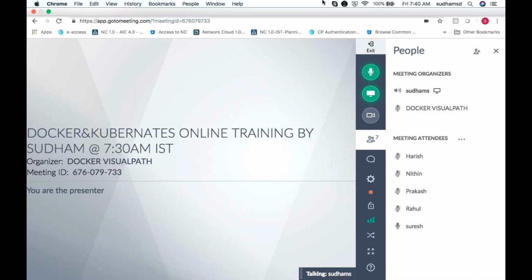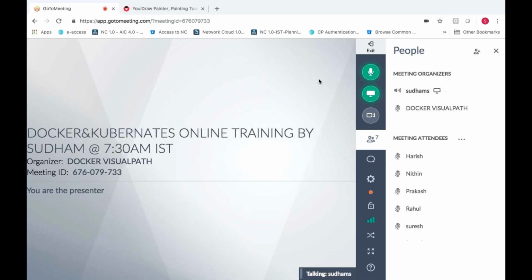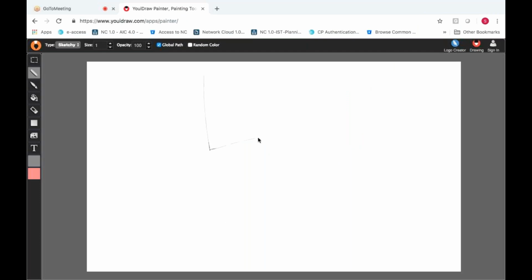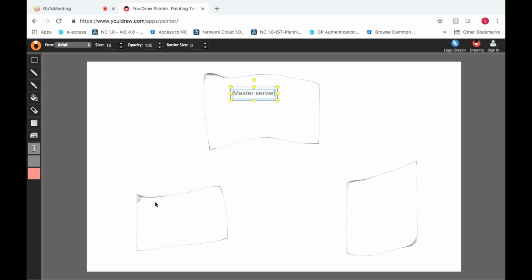So yesterday we have seen the installation process. Setting up the VMs, three VMs, like we have done, which I already showed you. So now we have three machines. All these three machines, one is master.